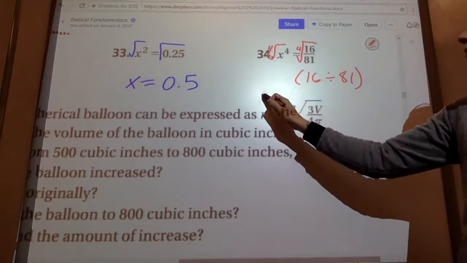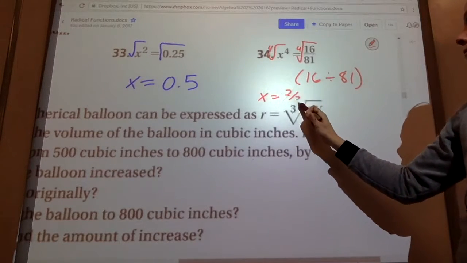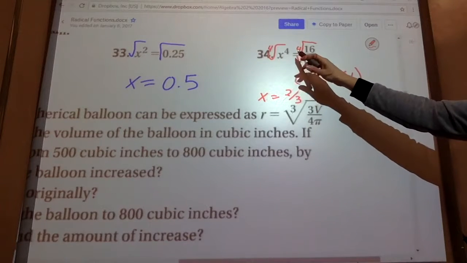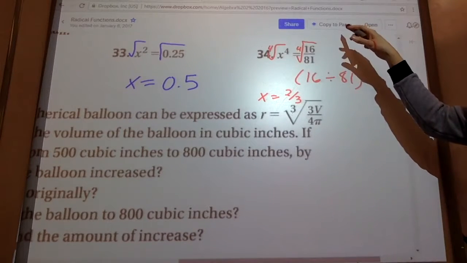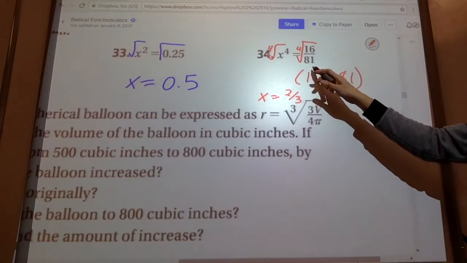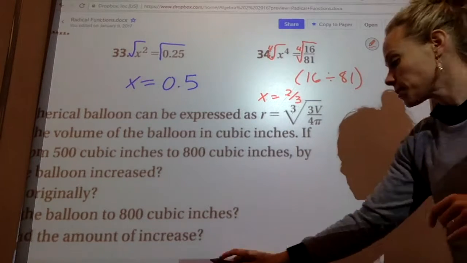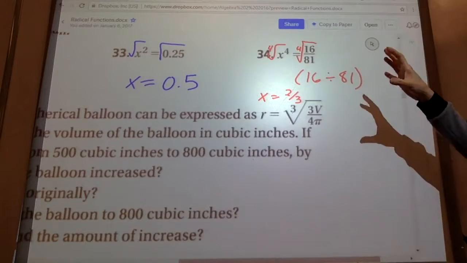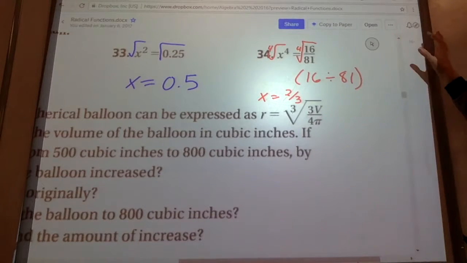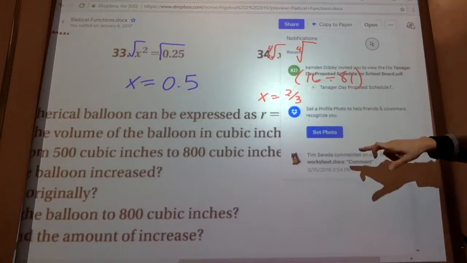You guys get 2/3? So you'd go 4, math, and then that x root button, and then you'd have parentheses 16 divided by 81. Close your parentheses. That means you want the fourth root of that whole thing, and then you should get a decimal, and then you'd go math, enter, enter. Anybody not get 2/3? Okay, good. So that's kind of how to solve for x. So when we're using these formulas,